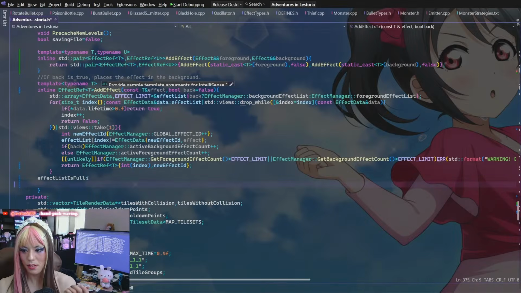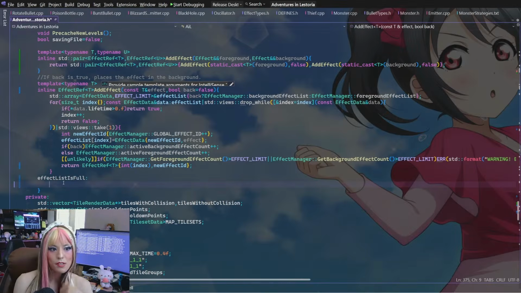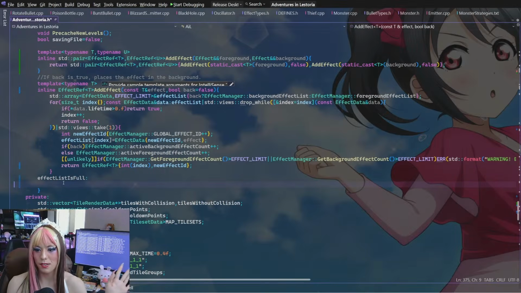What we could do, this is a more interesting idea. What if we return the oldest effect type? Like we just start overwriting effects. So if we run out of space in the list, the oldest effect that's been generated will be the one that gets destroyed first and replaced. So we'll replace with the oldest one.